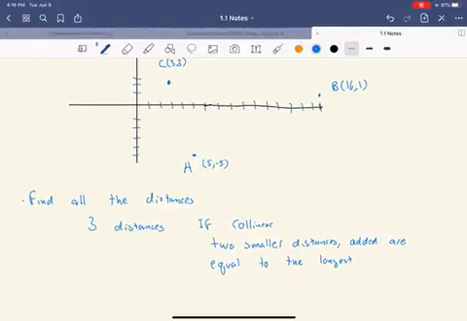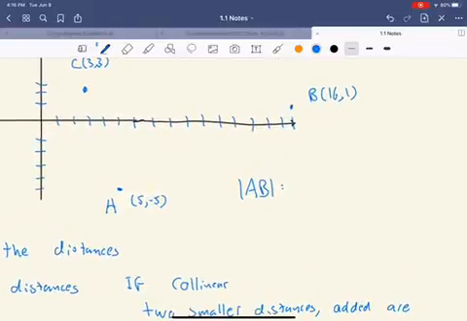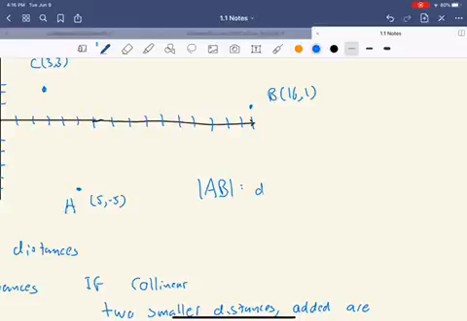Okay, so let's find these distances. This is also good practice for using the distance formula without having to actually do the formula. I'm not really a fan of using the formula directly as it is. I'm a fan of just understanding it. So, AB,